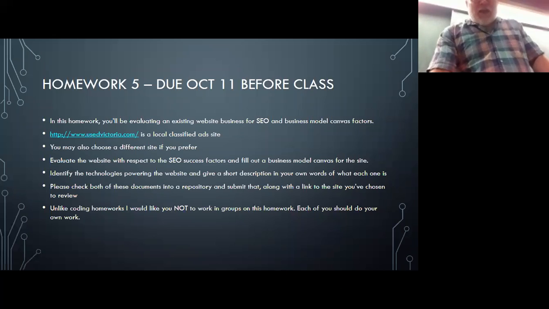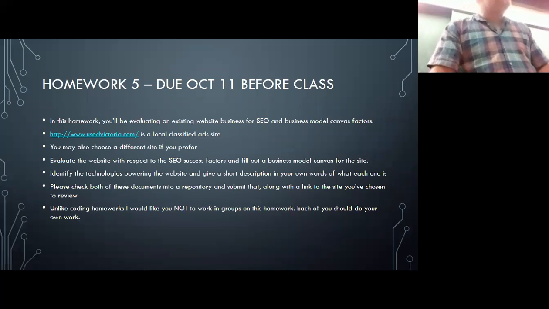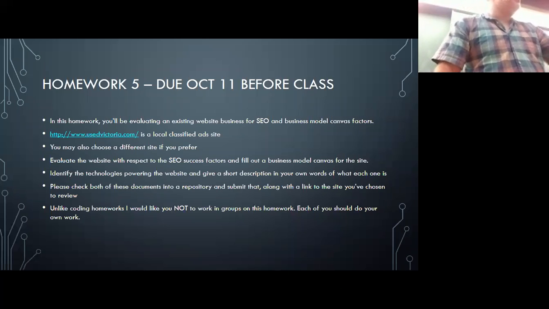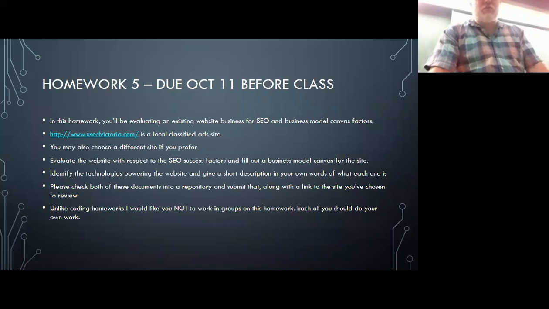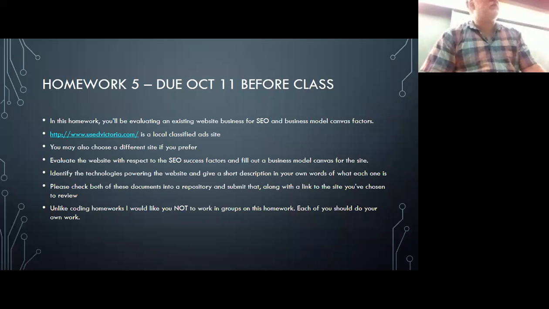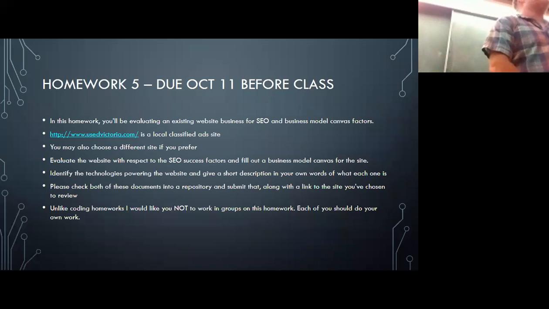And I want you to evaluate it with respect to SEO success factors and fill out a business model canvas. Identify the technologies powering the website using that Google Chrome plugin that I showed in the slides today, and just a short description of what each one of those is. And if there are things that doing a quick Google search you can't find information on, like that HTML5 shiv that was in the one website, I've got no idea what that is. I might do a Google search and find a one-sentence description for it,